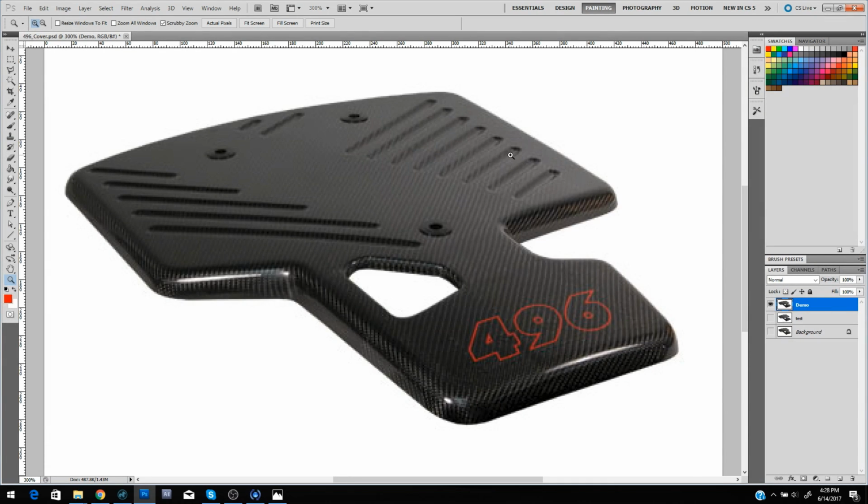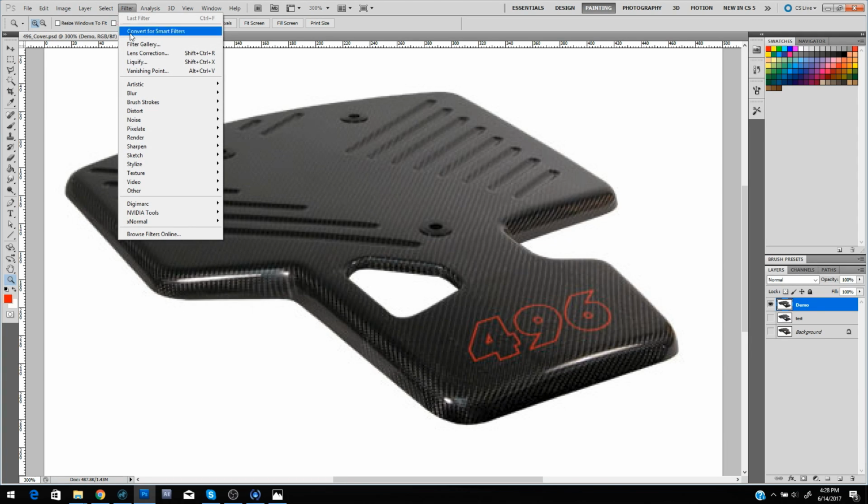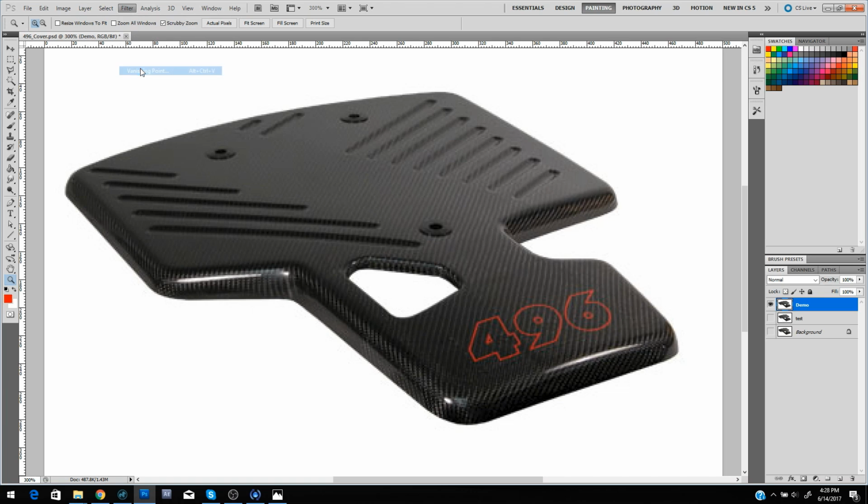So first we have our image of what we want to model over here, and the first thing we need to do is start setting up perspective reference planes. That'll make it easier for us to set up the camera matcher in Modo. So I'm going to go to Filter, Vanishing Point,